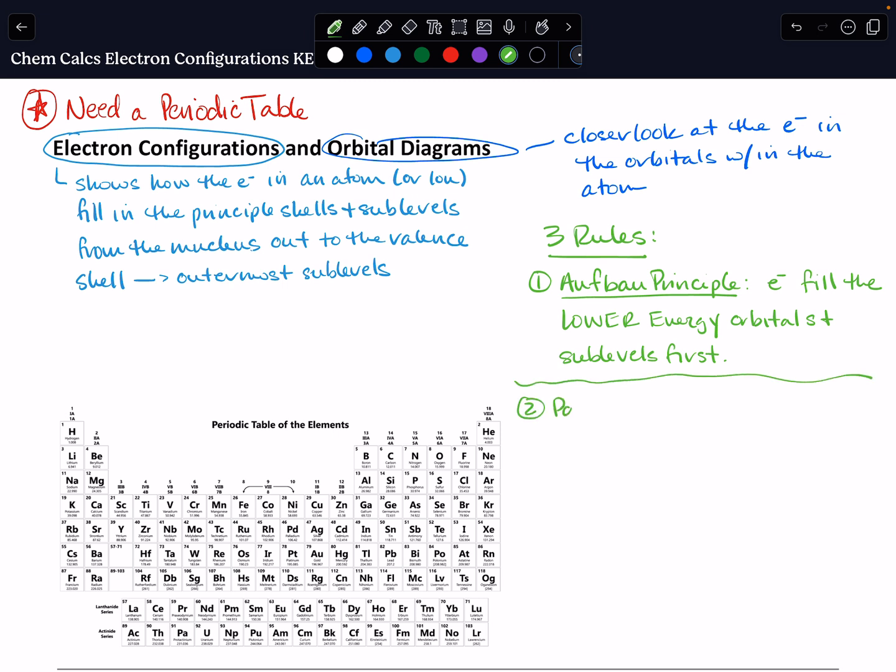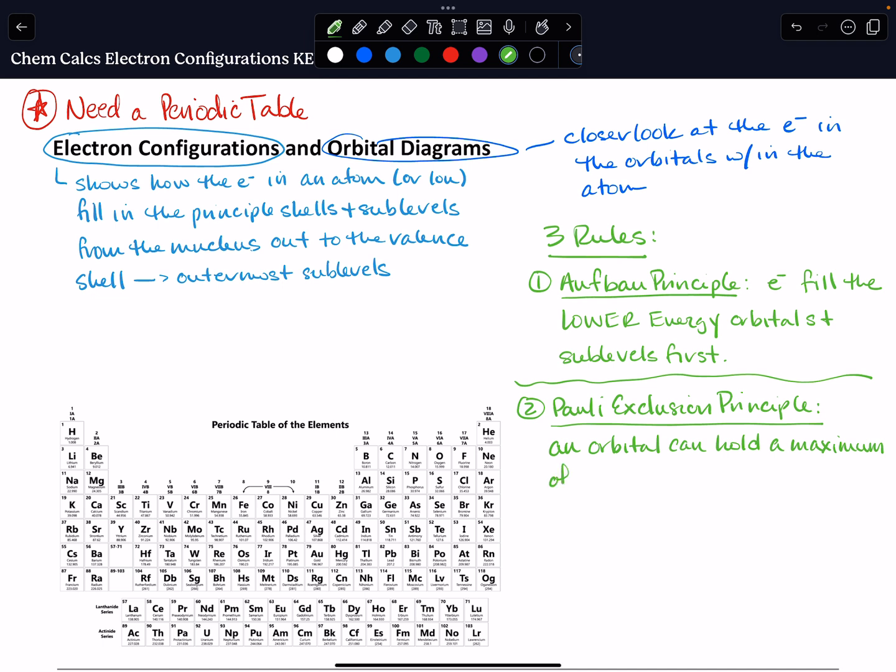Second is the Pauli Exclusion Principle. The Pauli Exclusion Principle tells us that an orbital can hold a maximum of 2 electrons. And those 2 electrons must have